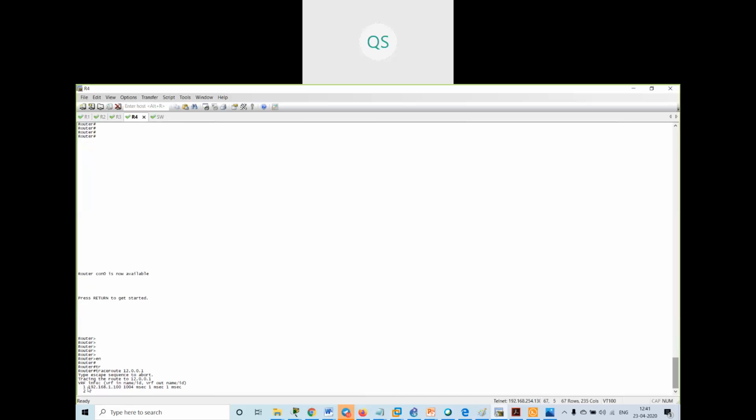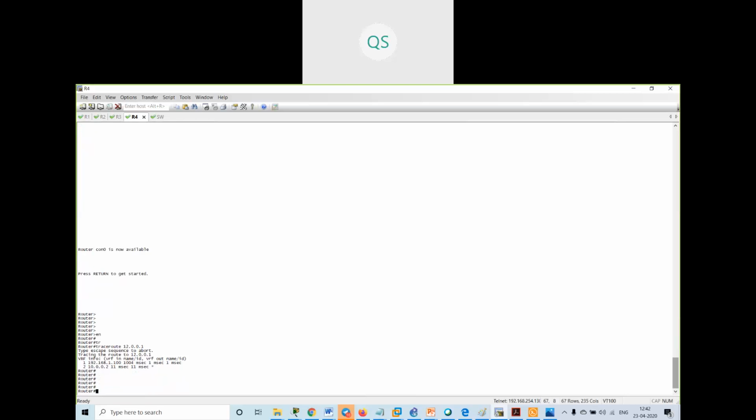See where it is going: to the gateway 192.168.1.100, then to 10.0.0.2. It is going through 100.